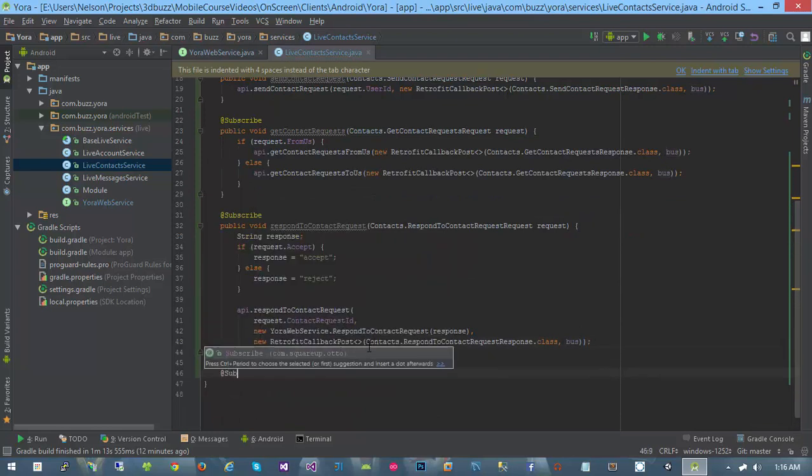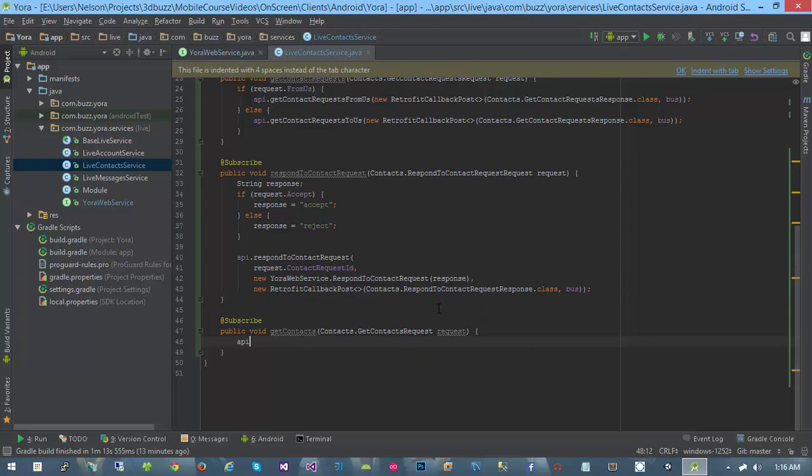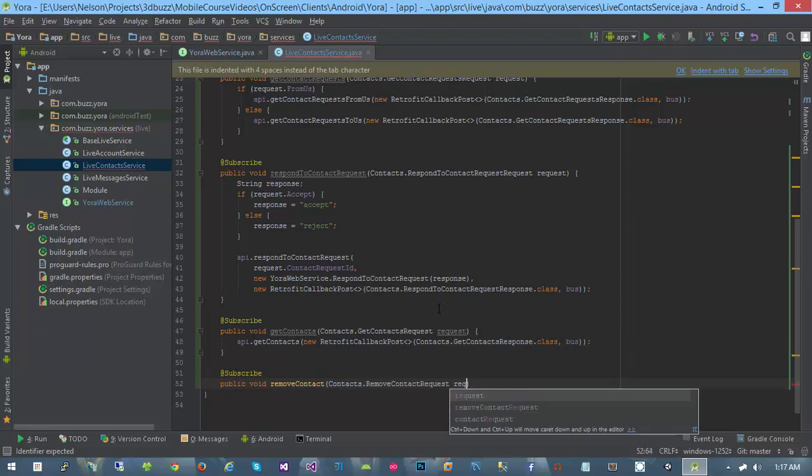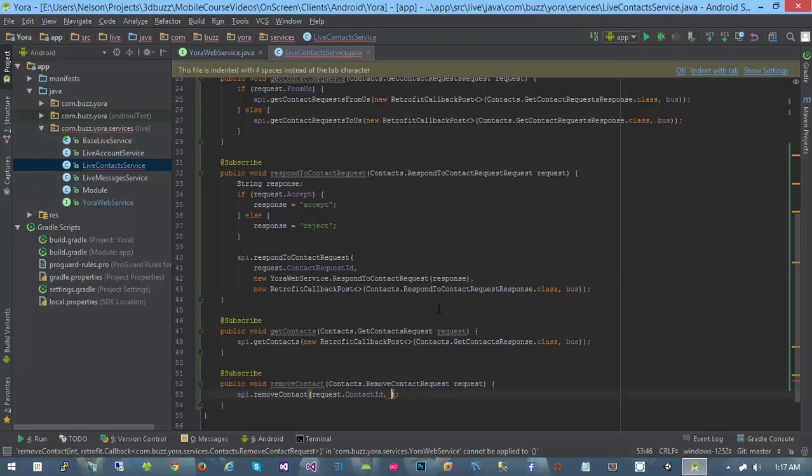And then finally, or no, we still got two left. Do a public void get contacts with contacts get contacts request. And then I'm going to say API get contacts, and then we're going to do new retrofit callback post, class, request. Or sorry, bus. And then we'll do finally a public void remove contact, which will get a contacts.remove contacts request, and this will be API.remove contacts request.contact ID, and then a retrofit callback post of